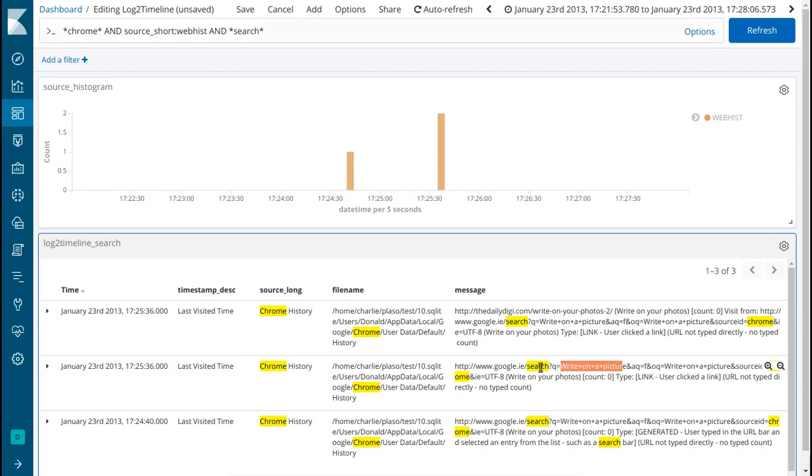So you can see that the user, whoever was logged in as Donald, went to this page. This is in Donald's Chrome history. Went to, actually first of all went to google.ie, Google Ireland, then did a search for right on a picture, and then came to this website here, which is information on right on your photos. Okay,